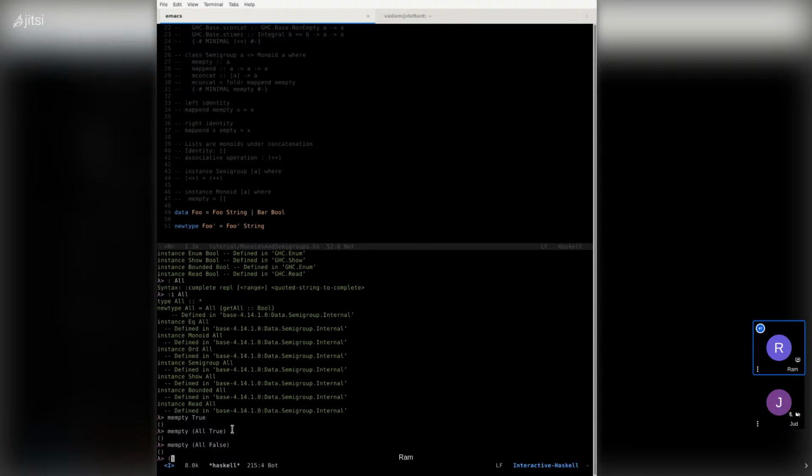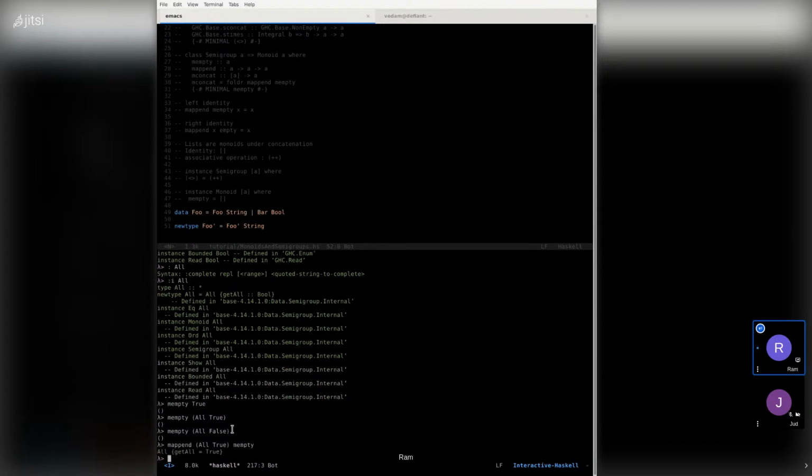it's going to be the empty set. So if we do mappend on All True and mempty, what do we get? We get All True. So if we have the empty list, if we don't have any Horn clauses or any Booleans that we're dealing with, then we have the empty list. And it's the same in the case of disjunctions as well.